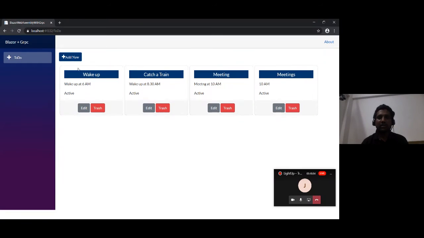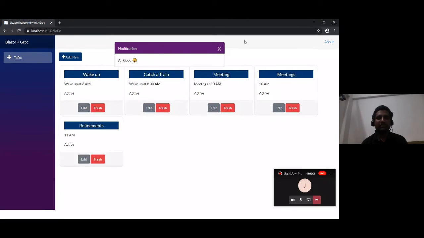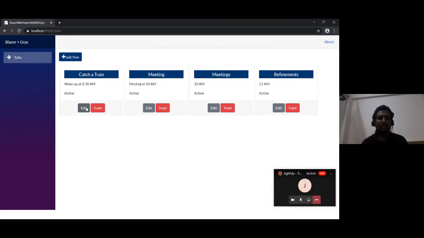Now maybe we can have some refinements at 11 a.m., and the status is active. Good. I can delete this. I can edit this, just make it closed, so that particular to-do item is done. So this is the application that we have developed in Blazor WebAssembly with gRPC web and gRPC services.